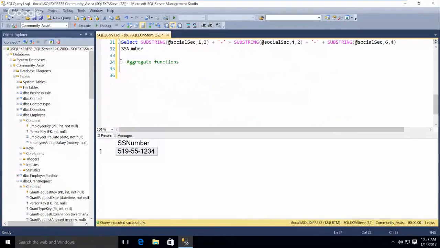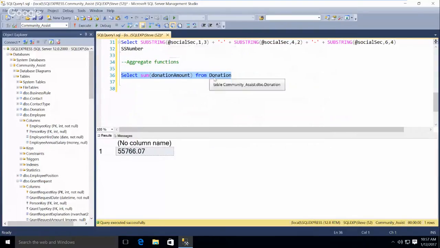For instance, if you wanted to know the total donation, so if we do that, that would give us the total donations. And again, there's no column name because I didn't alias it.